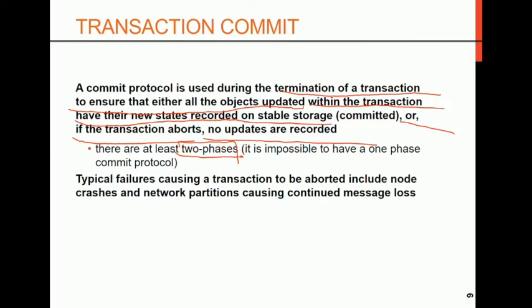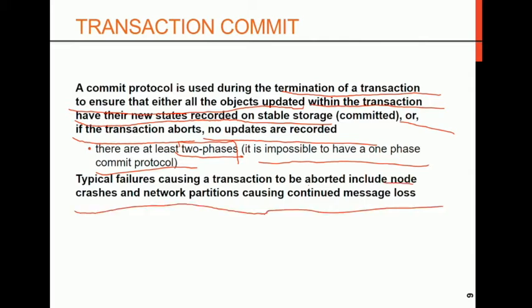So what the various objects do then, if they've completed, they say yes, we're ready to commit, and also they store their state into permanent storage, so that if they do crash later on, they can bring up the state, whatever it was, when they reinitialize. So typical failures causing a transaction to be aborted include node crashes, network partitions,